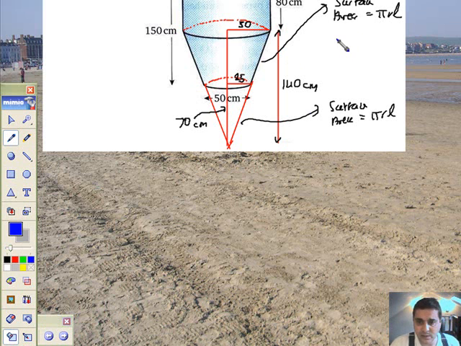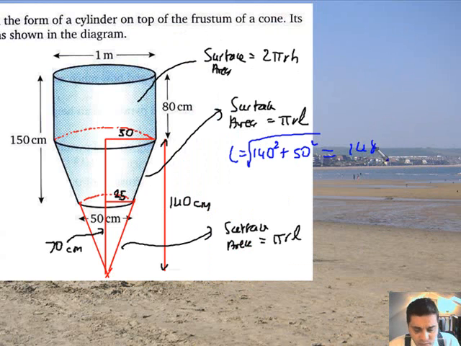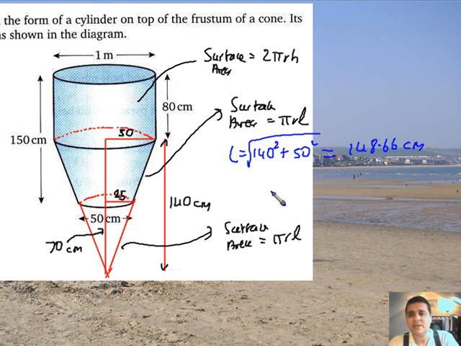Here we go. So big L is going to be 140 squared plus the 50 squared. That's Pythagoras, and then you square root it. Yes, there it is. And that's going to be 148.66 centimeters. Okay, trust me. 140 squared plus 50 squared, press equals, hit the square root button, and that curve length is going to be